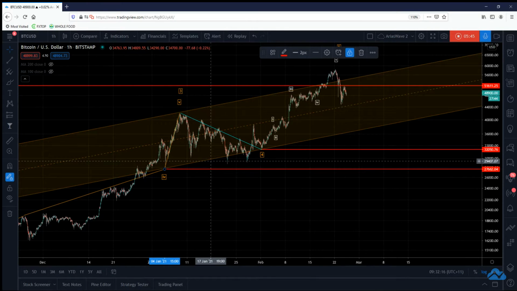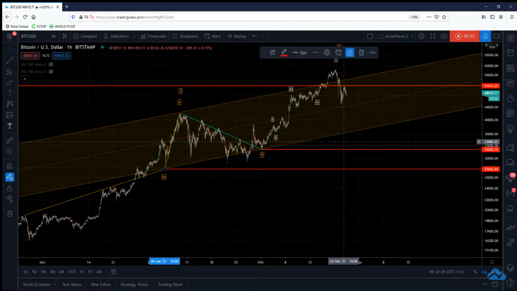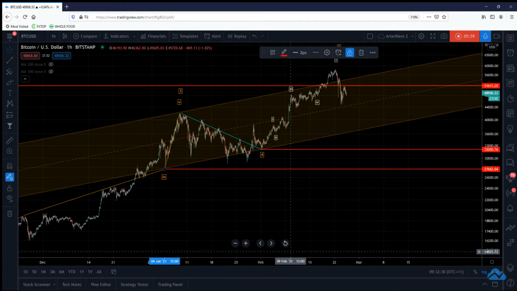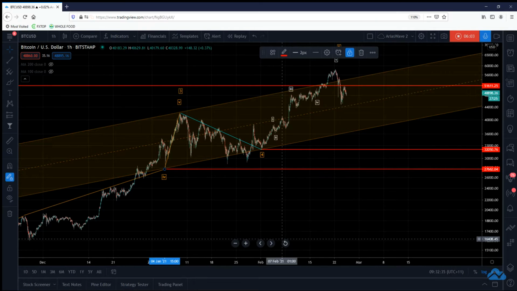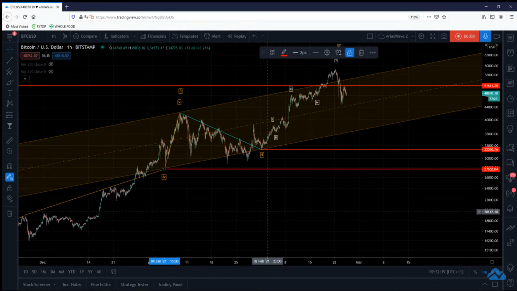So even though I get BS comments saying you were wrong, blah, blah, blah, that's fine. But I did say we need to break that low first, and it never happened. So you can say BS all you like. At the end of the day, if you get caught holding the bag when this thing falls, it's not going to matter. Your comments are not going to make a difference anyway, right? So you just go watch the poop can guy who is always moonshotting his analysis.